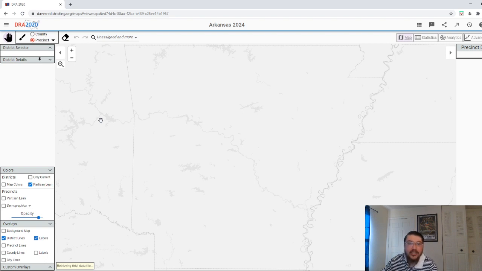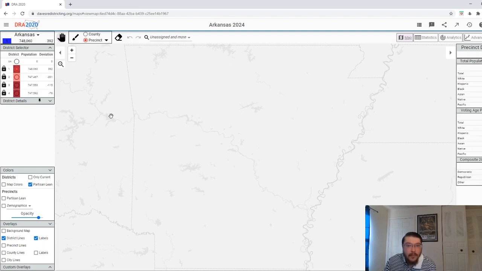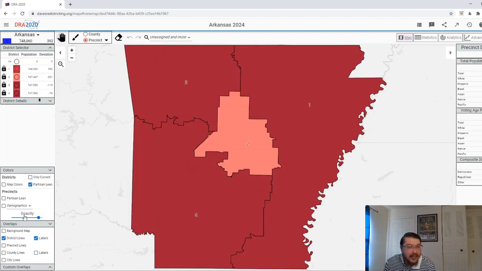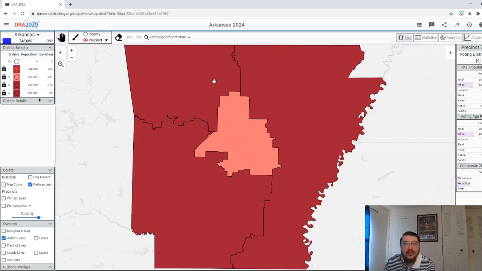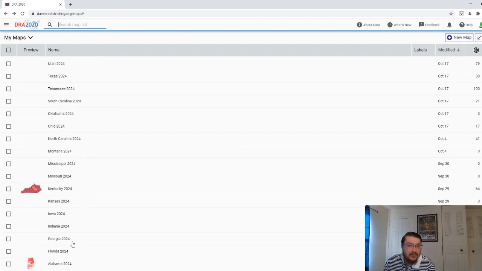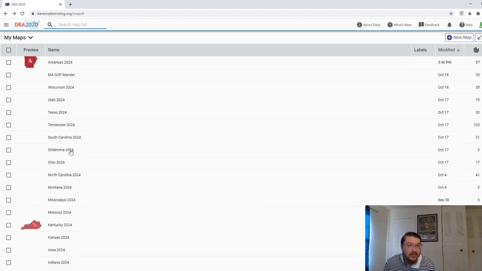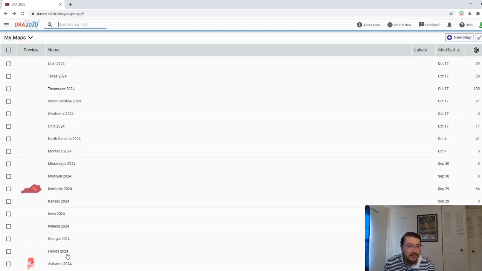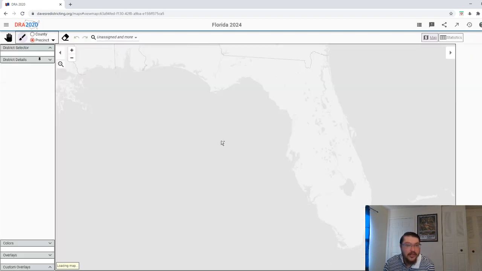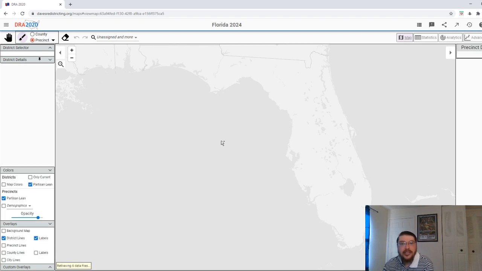And this is how I imagine the districts will look. And actually, I'm going to take off the labels. I've got it set to the partisan lean. This is, of course, a Little Rock district. Where did Arkansas go? Oh, it just went straight to the top. Fun. Alright, let's go to Florida. There we go. And I tried to do different things.